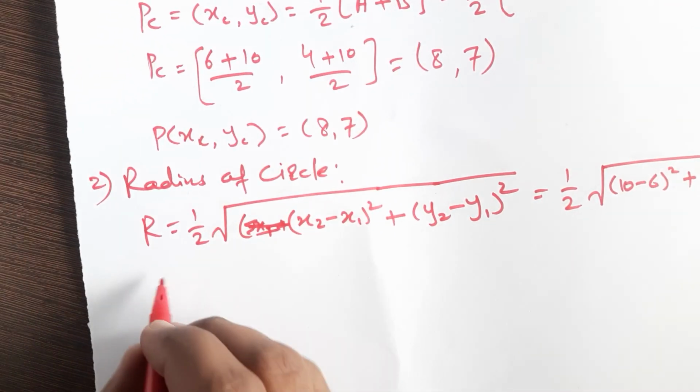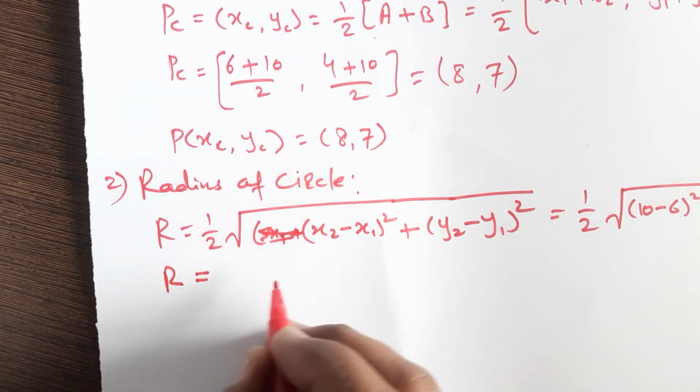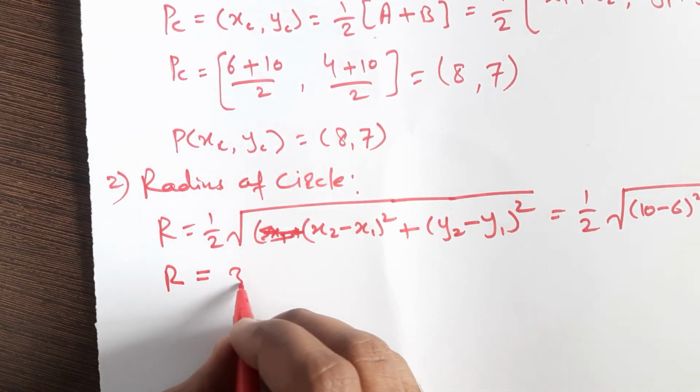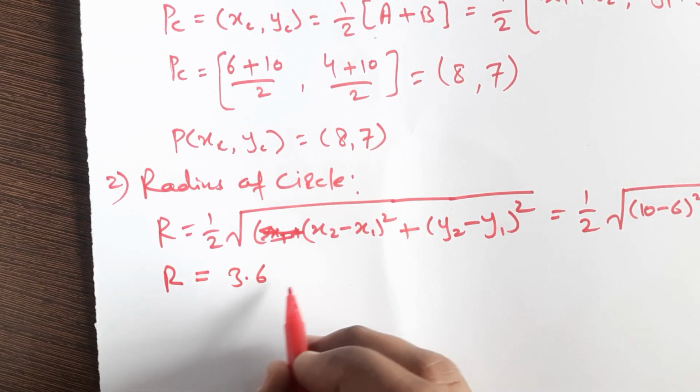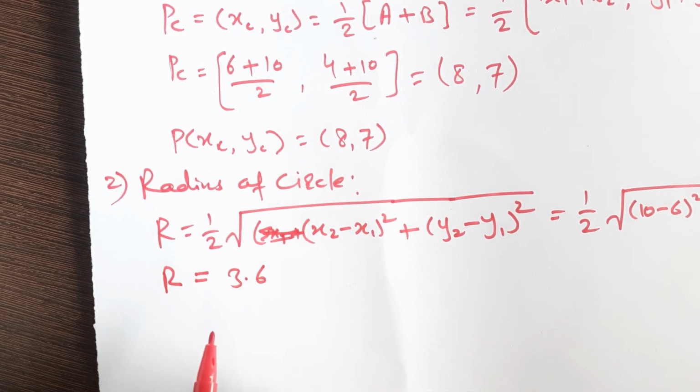Now if you solve it you will get the radius. So radius is equal to 3.6. Okay, here the unit is not mentioned, so you don't have to mention your unit, mm, meter, whatever. Okay, now third is